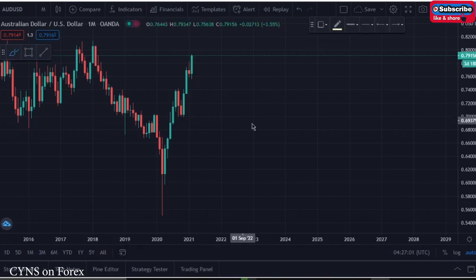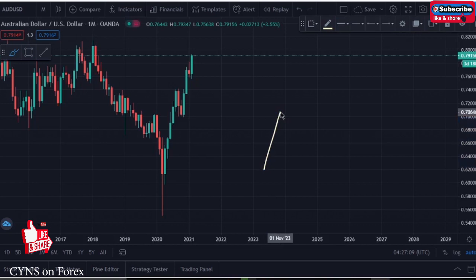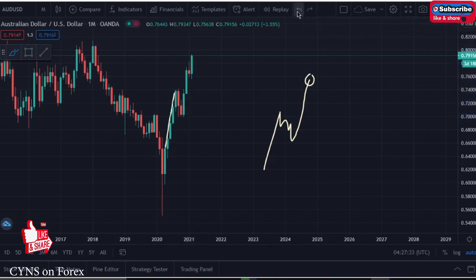Starting from the monthly time frame, what can we see in the market? Generally speaking, if we have an impulsive move, what do we expect? It should create a corrective pattern. After that, it should create another impulsive movement continuing to the upside, specifically for the creation of a higher high and completion of the impulse, correction and impulse pattern. This is exactly what the market did. The market just completed an impulse and correction pattern. After that, the market is processing another impulsive movement to the upside, and we can also see a nice red candle like a doji.